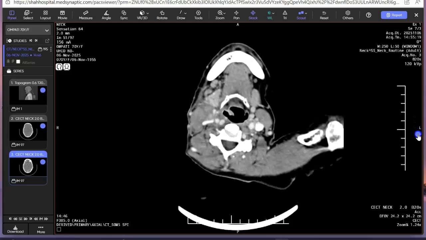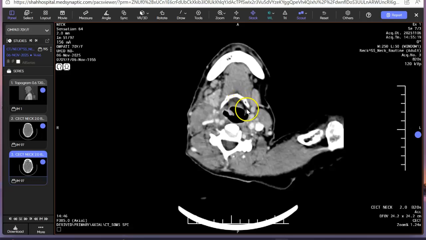Second, this fat-like density, it's the paraglottic fat. Very important. Paraglottic fat. This should be exactly hypodense on CT. And we have to evaluate this area because there's a contraindication to surgery if this part is involved in supraglottic